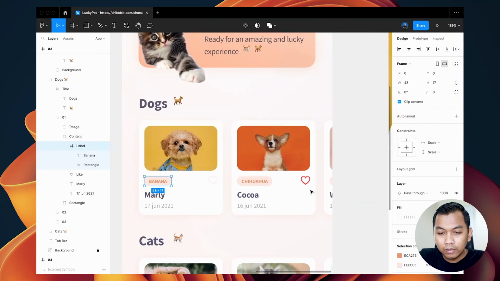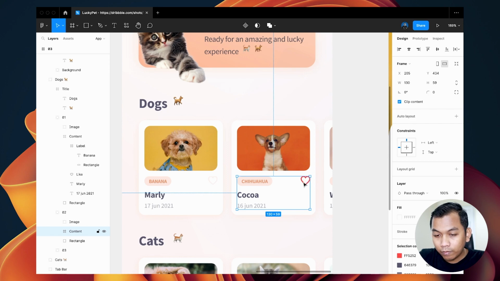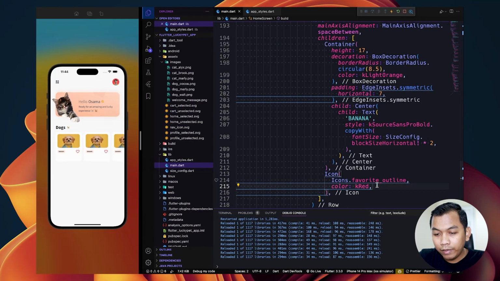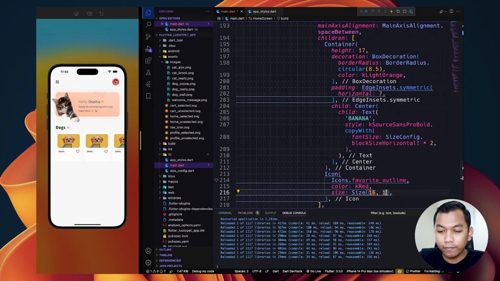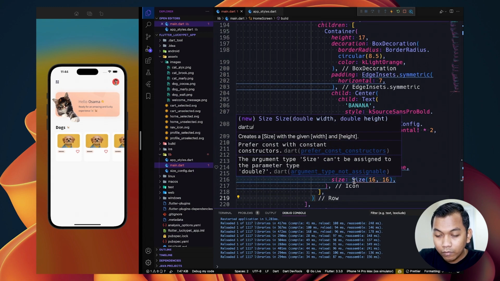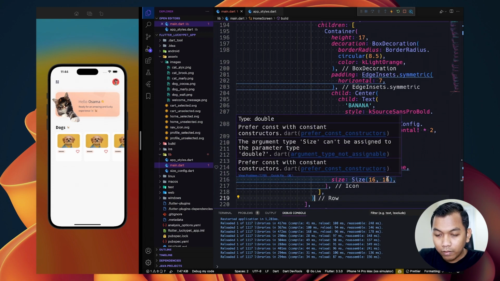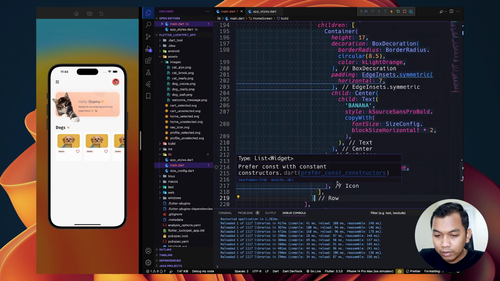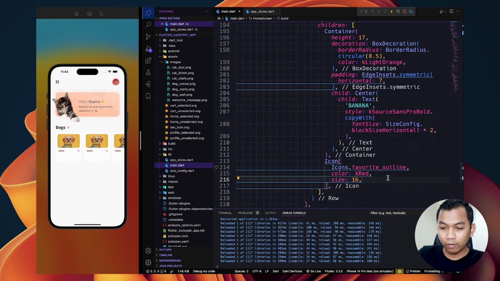And for the size, the size will be 16, I think. Alright, so size will be okay, so we just need to say 16 here. Look like this.